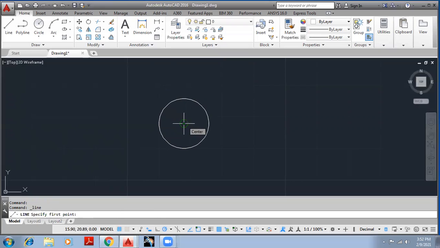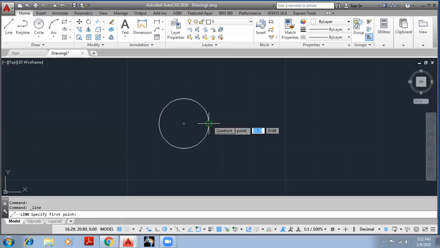I took my cursor on this circle, and it is showing one green circle, which means a center point. So it snapped our cursor to the center point of this geometry.